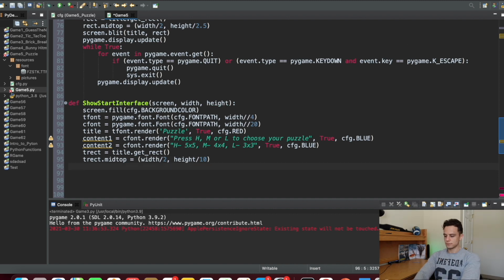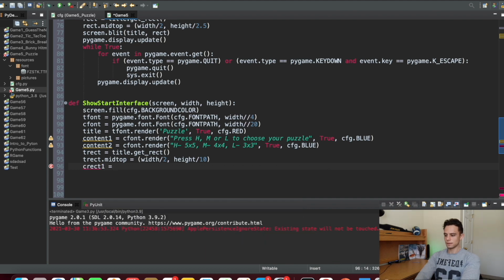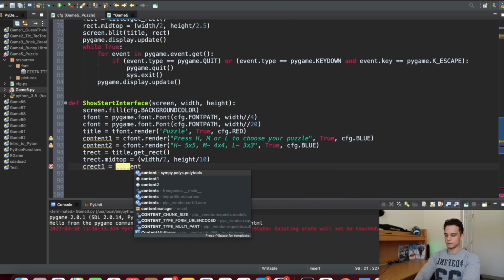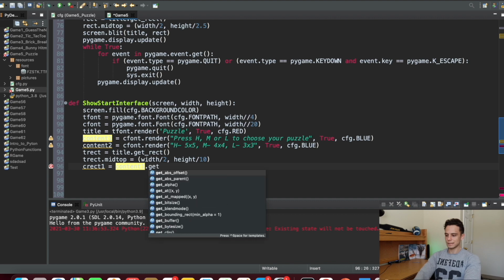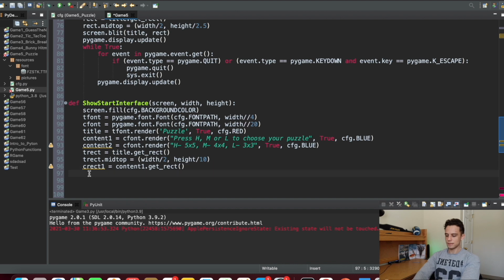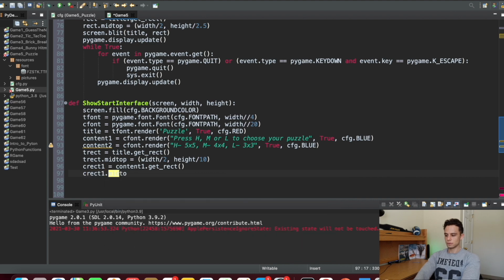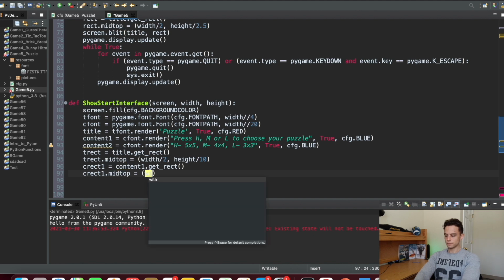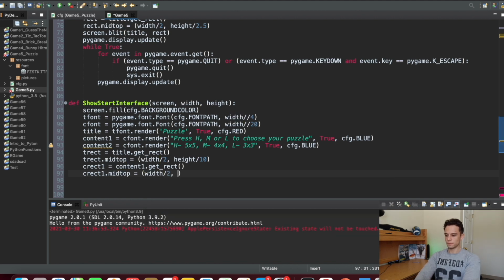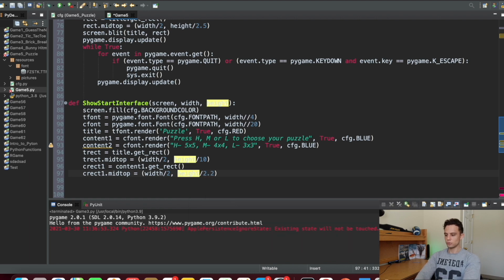Let's write it then. C rect 1 will be content 1 dot get rect, and then C rect 1 dot mid top will be equal here to width divided by 2 and height divided by 2.2,